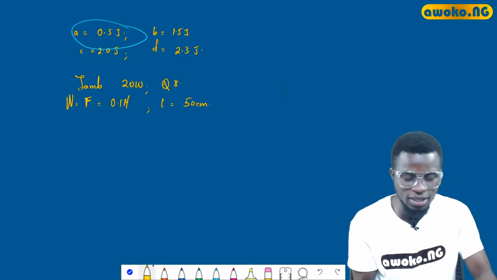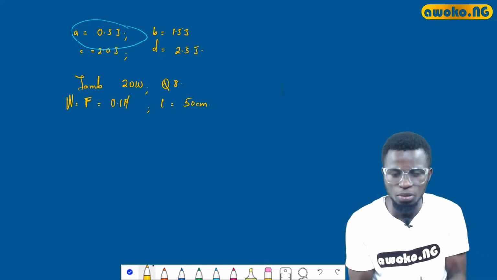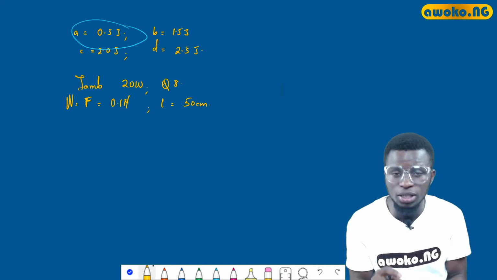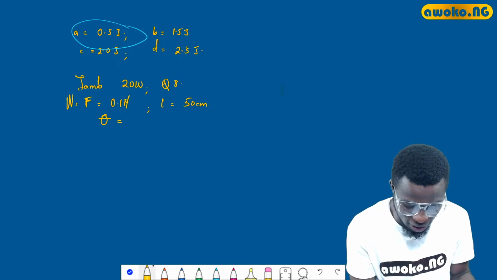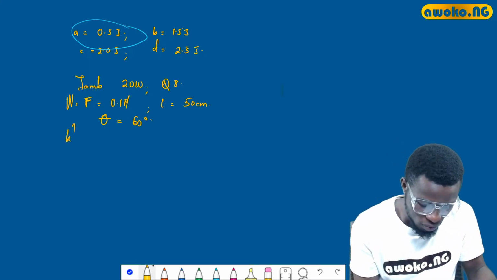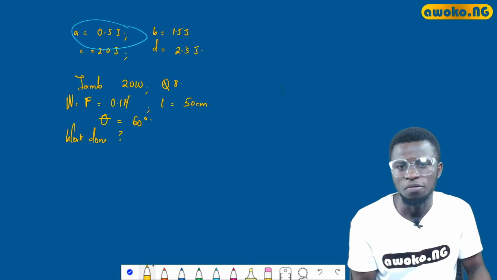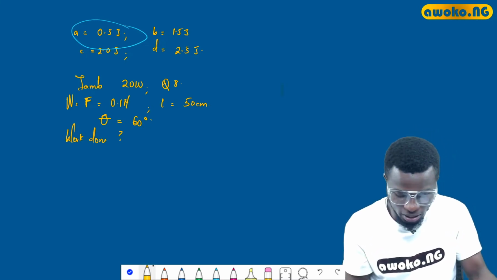And we are told that a variable horizontal force which increases from 0 is applied to the bulb until the string makes an angle of 60 degrees to the horizontal. So our theta is 60 degrees. The question is, find the work done. The work done is what we are looking for. This is very, very easy, but can be illustrated using this particular